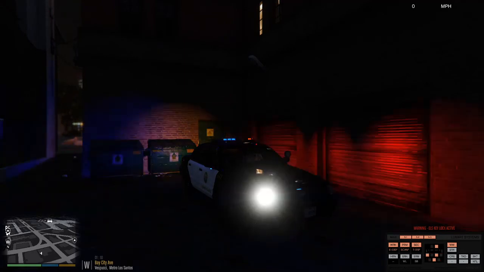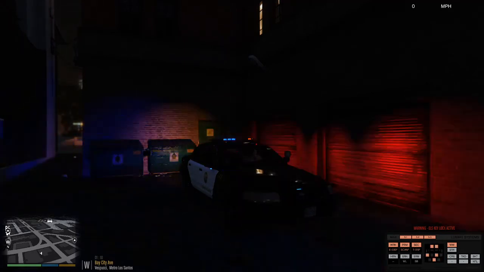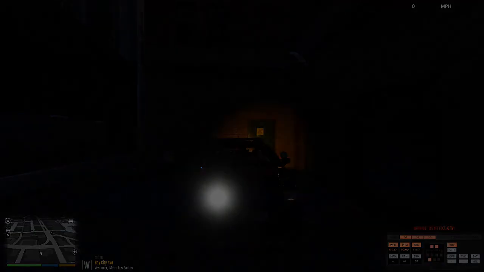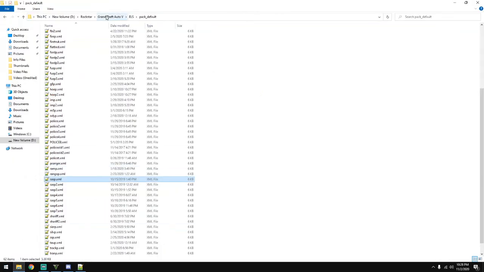But yeah. Guys, this is the basic ELS controls. Let's go ahead and go into a VCF file now. Okay, so now we're in a VCF file. This is a standard file that you get with any ELS vehicle that you download and put into your game. You find this file by going to your GTA 5 directory, ELS, and then into the pack default